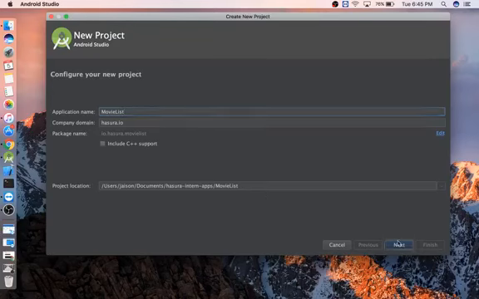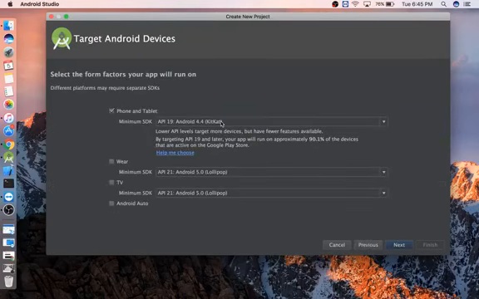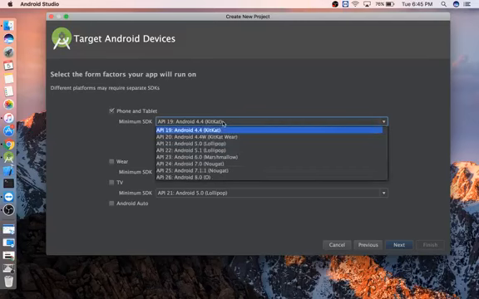And next. Alright, so you can basically go through a list of all the APIs and decide which one we want to support. A lot of things have changed after API 21. The animations, like the material design and the ripple effect that you see on your buttons and things of that sort, have all come after API 21. So you'll have to do a little bit of extra work to provide backwards compatibility on your